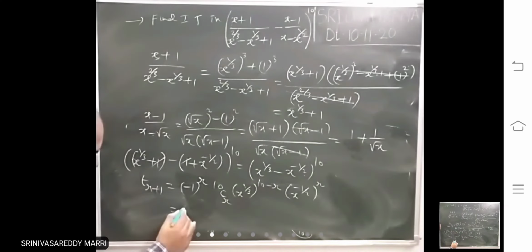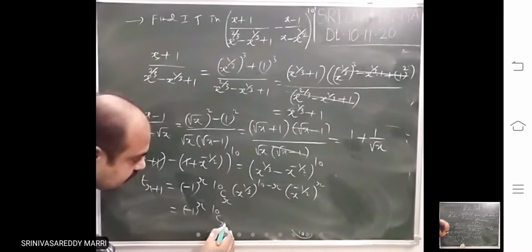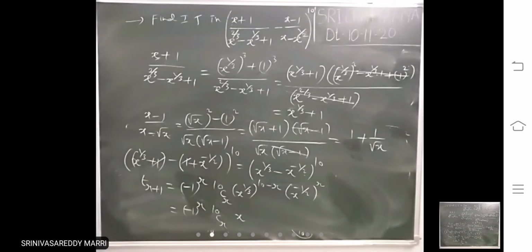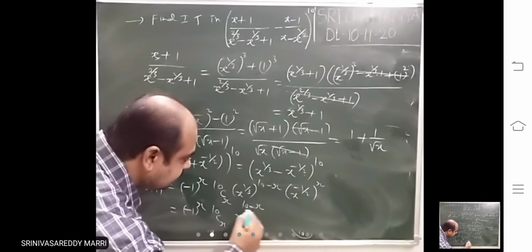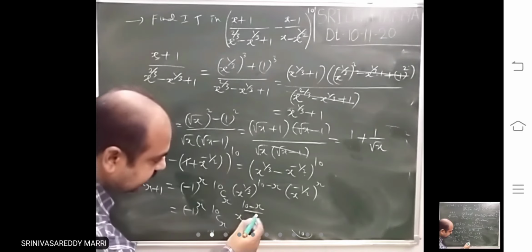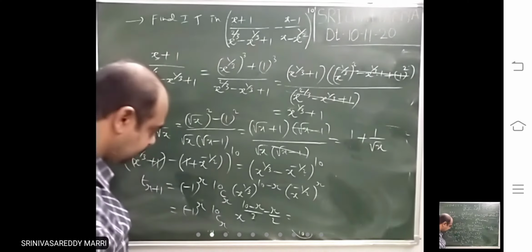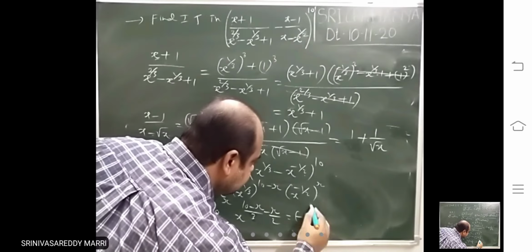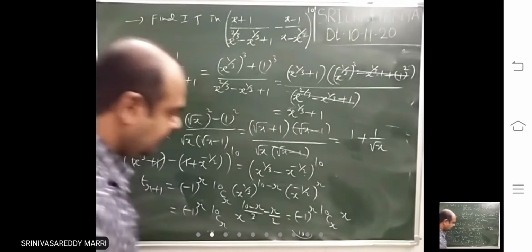Now constants are this and this only. So for x power, you will get 10 minus r by 3 minus r by 2. That means minus 1 whole power r into 10Cr into x power